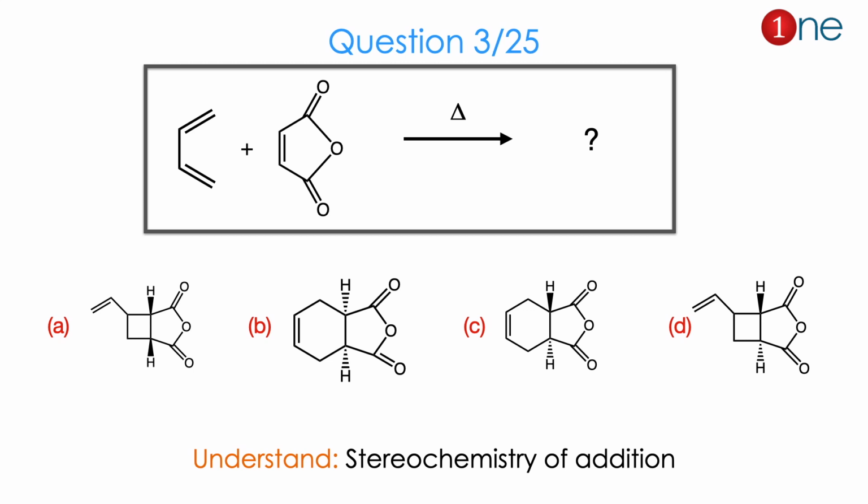Then let us look at the next question. You have a diene and maleic anhydride in the presence of heat. You have to predict the stereochemistry here, whether the hydrogens at the connection positions are syn or trans, or whether the ring size is different, whether it is 6-member, or 5-member, or 5-member and 4-member. So from the reactant to product, you might realize the question is really about stereochemistry of addition. The answer is B. Let us see how.